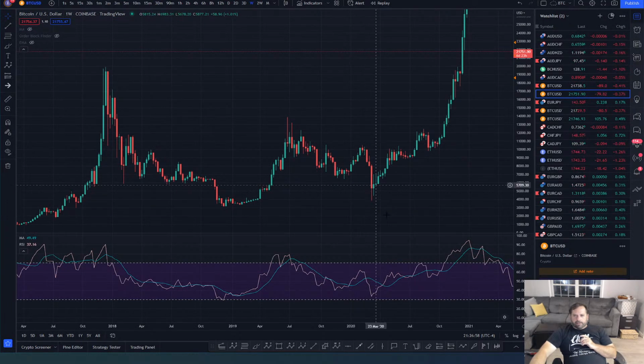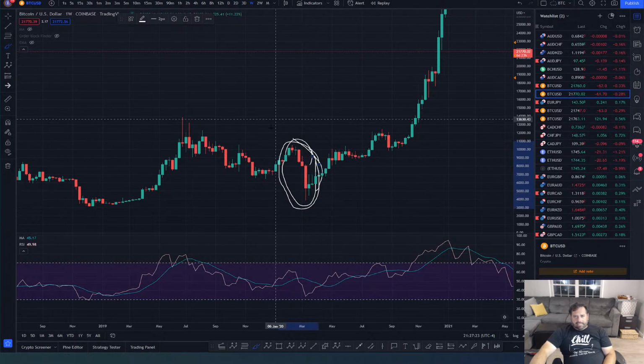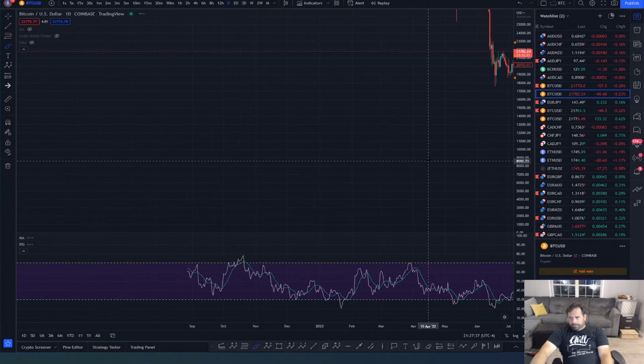Okay, so in order to see the divergence, if there is divergence, if this made a clear impulse wave, we need to look at this wave right here on a smaller time frame. You're not going to see it on the weekly because you don't have a clear wave 3 and 5 delineation on this time frame, and you may not even have it because of the nature of the dump. It was a V recovery. You may not even have it on other time frames. Let's just go through the time frames and see here.